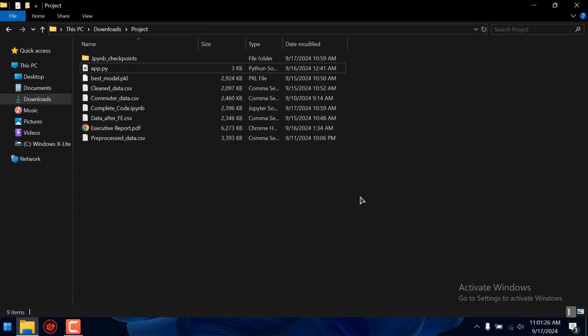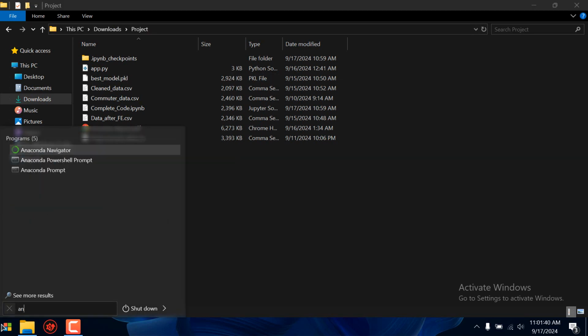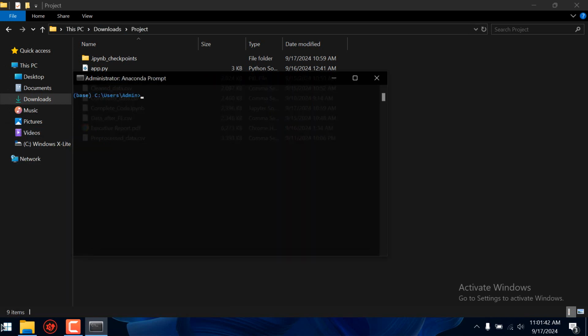First of all, you need to go to the folder where you have stored your best model. So here I have that model. I will copy that path. After that, I will open my Anaconda prompt here, and in that I will make the current directory this path. Okay. Now I will go with code dot. Code dot means open Visual Studio Code.